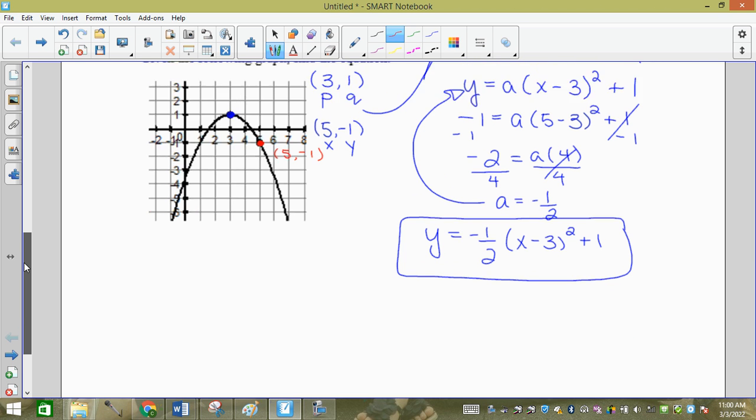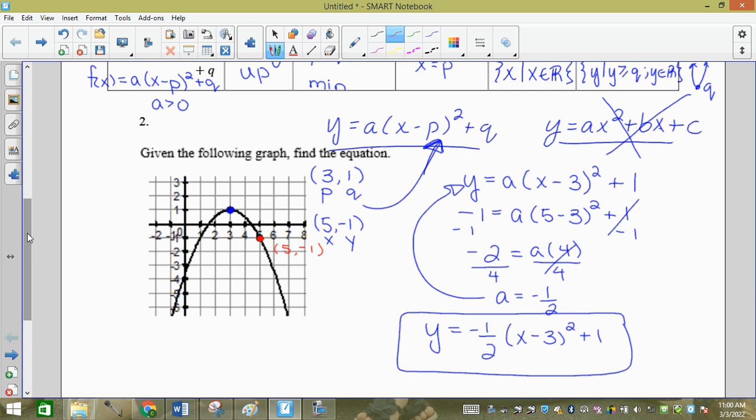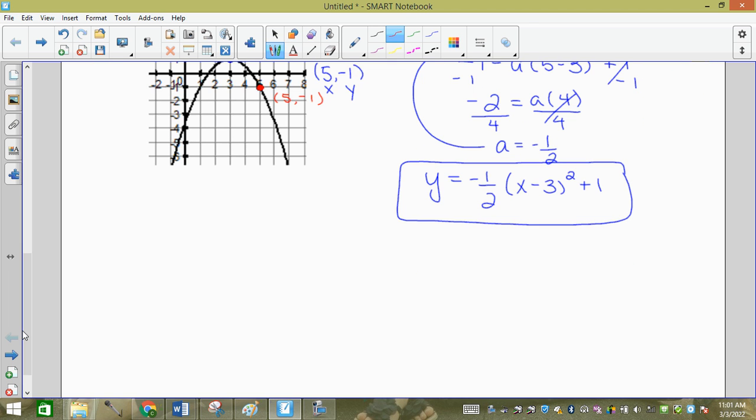If I asked you for this graph in standard form, would I just go right to standard form? Can I do that? No, I would have to do all the same steps. I would have to get it in vertex form first, then convert, correct? Every time I ask you for an equation of a graph, you have to get it into vertex form, then convert. So let's try it out. This is not an option. I have to do this, then I convert. So I'm going to go y equals negative a half (x minus 3)(x minus 3)